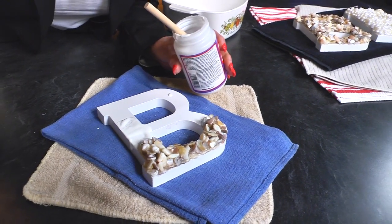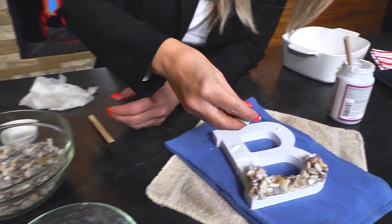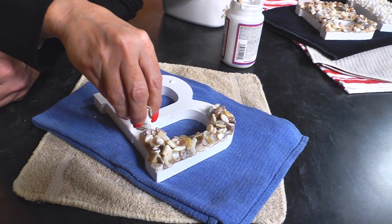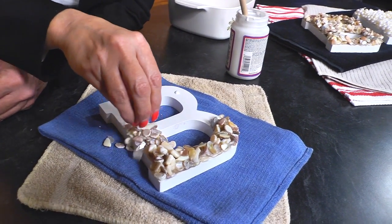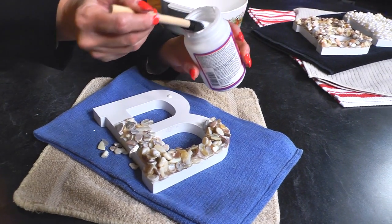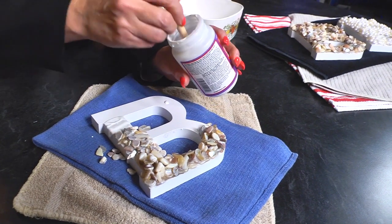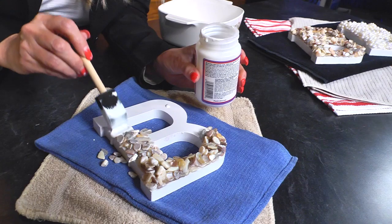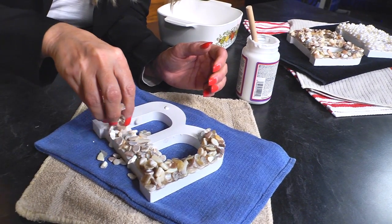So what I do now is I grab some of the shell, and I like to drop it and see where it falls kind of naturally. And even though it's all off onto the sides, I don't care. It's going to be natural. I'm going to do a couple different layers of this. And after about 10-20 minutes, I'll come back